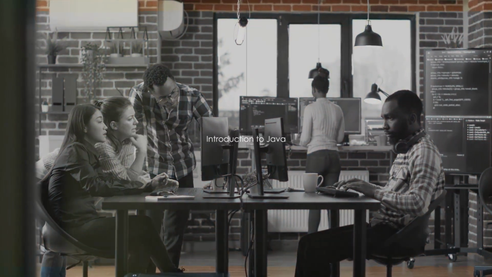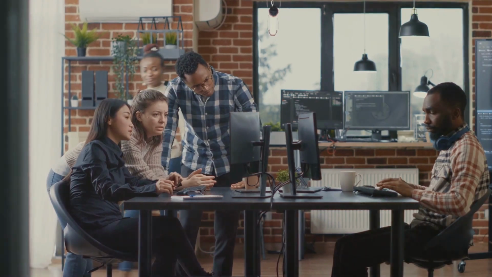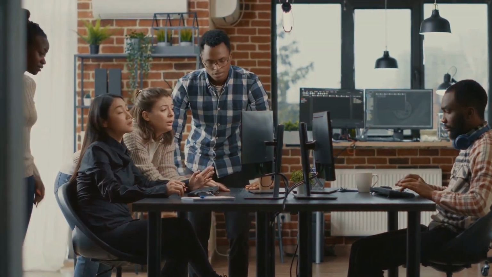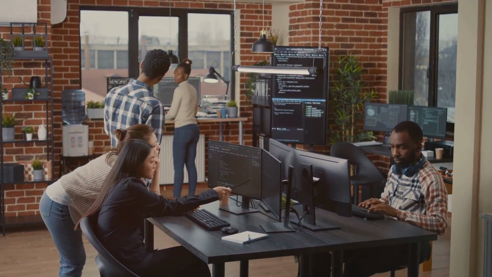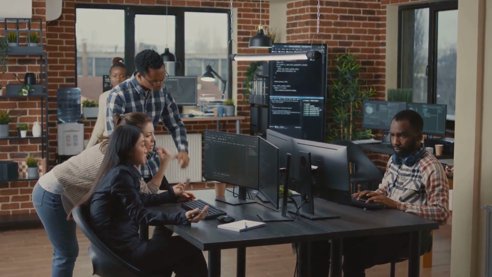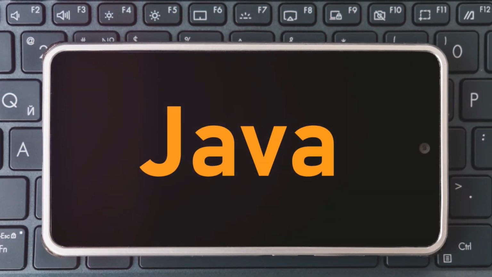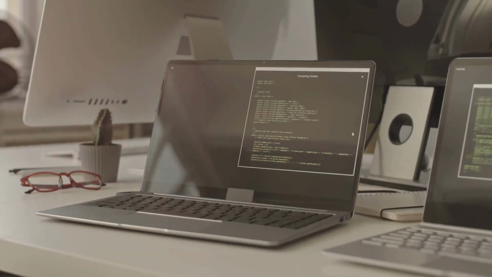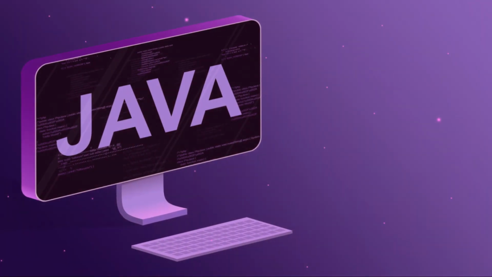Welcome to our journey through the fascinating world of Java, one of the most influential programming languages in the digital universe. Java's significance lies in its omnipresence, from powering small-scale applications to forming the backbone of large-scale enterprise systems. It's the magic behind a myriad of devices, a vast array of applications, and a multitude of platforms. It's the language that has been shaping our digital world since its inception in the mid-90s.